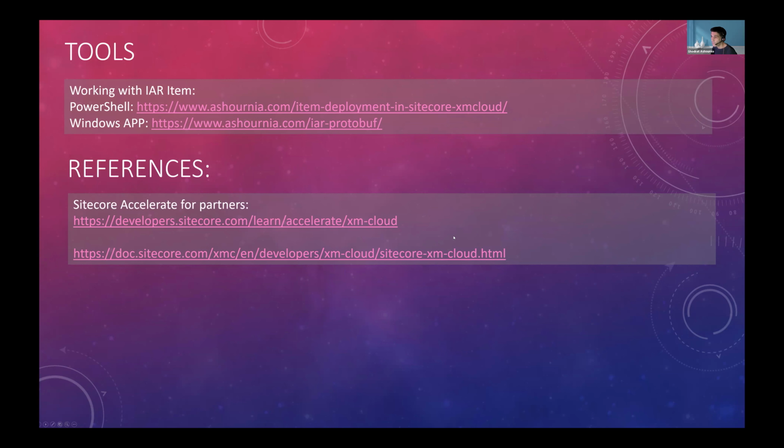And yeah, please check out the Sitecore Accelerate. There is also a lot of useful information in there for the different project phases, from the beginning or later for the development. So yeah, that's it. Thank you.